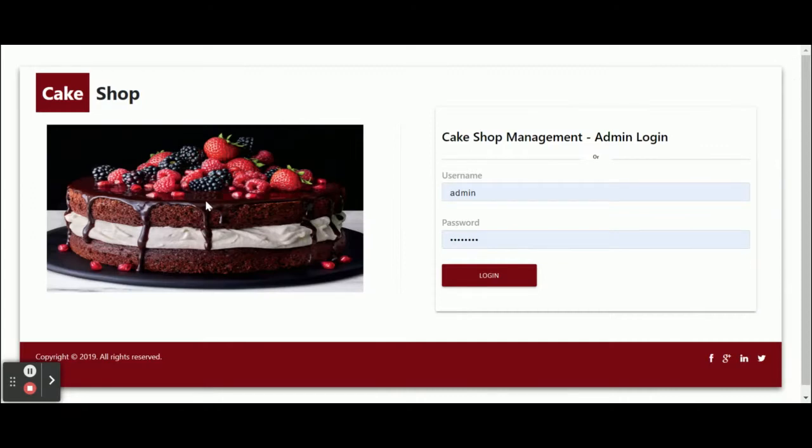All these functionalities I have developed, and as I told you earlier, this is a Node.js, Angular, and MySQL based project. If you need more functionality in this project, just put it in the comments. I will incorporate the changes and make this project better and better according to your requirements.